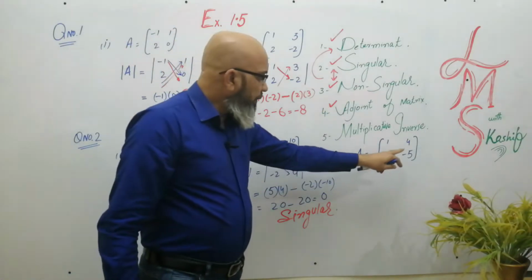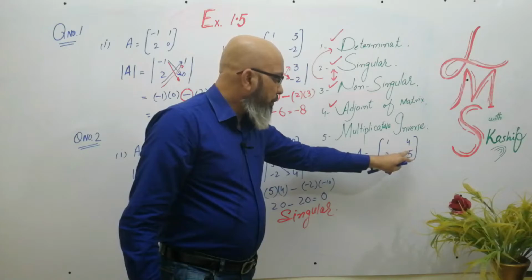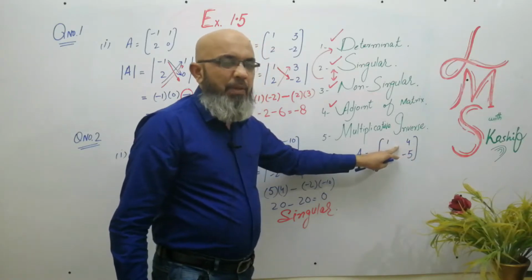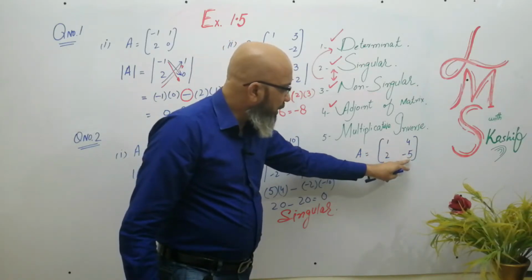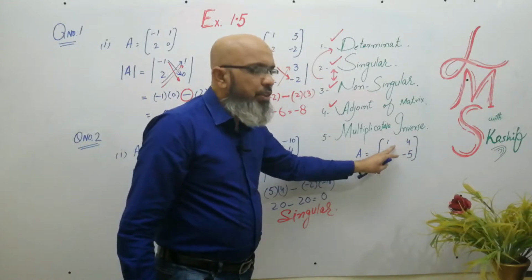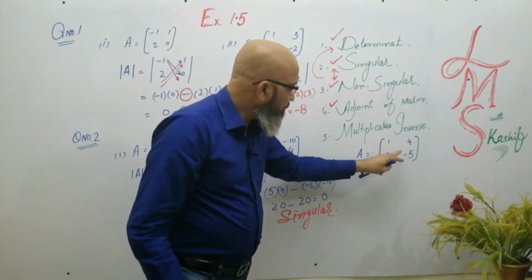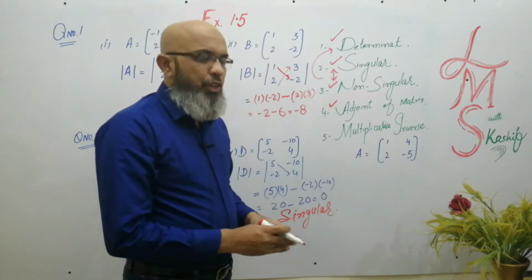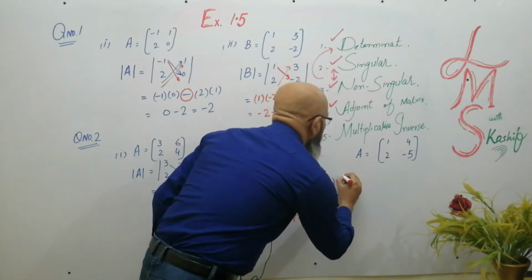Adjoint means we will interchange the place of these two diagonal elements, 1 instead of 5, 5 instead of 1, and we will change the signs of the other two entries. Meaning, if you find the adjoint of A,